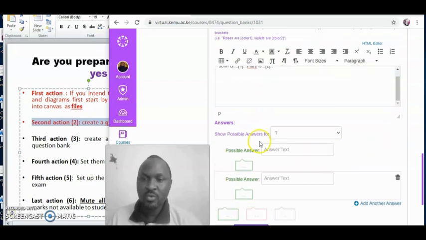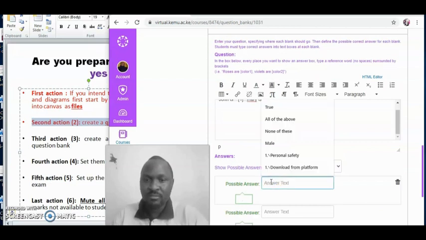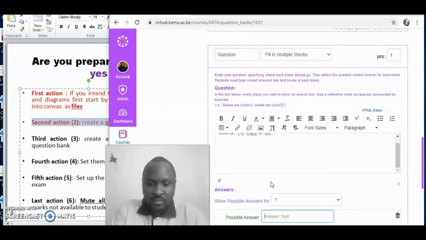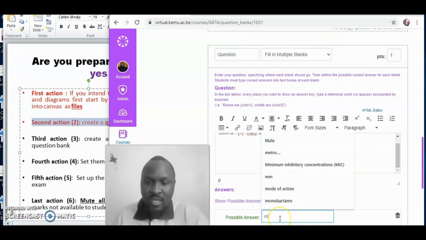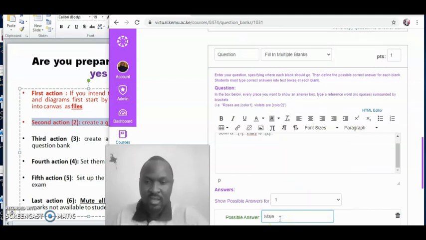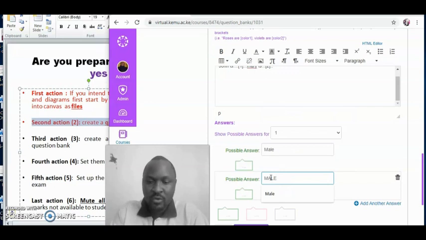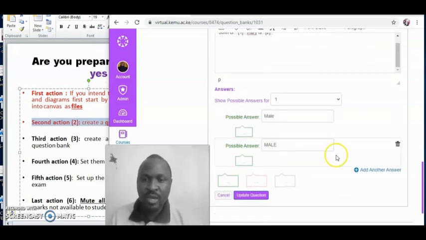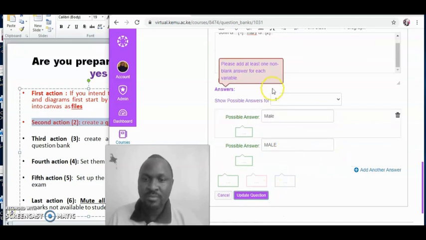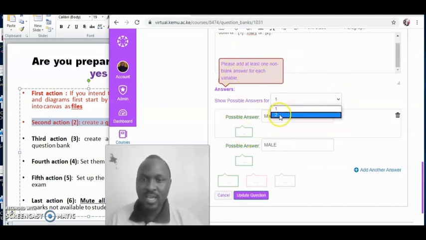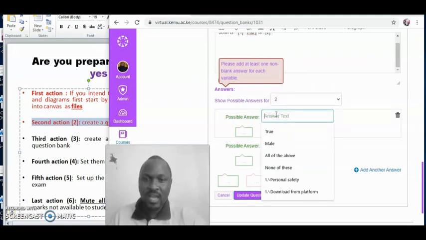So then when you come down to the marking scheme, it is asking you here, number one, what are the possible answers on Mary is? If the answer is that John is male, you write there the marking scheme that they are supposed to answer is male. But remember, just like the other one which was filling blank, somebody may write male in capital and they should be awarded a mark. Another person may type, so here it is telling me please add at least one non-blank answer. Okay, so the next thing, I go to my second part, and here I will also again say for the second part,